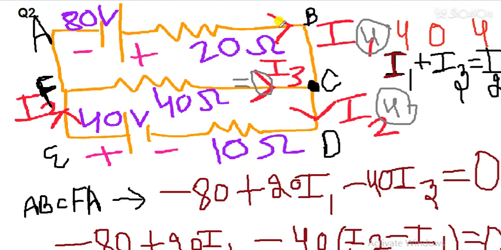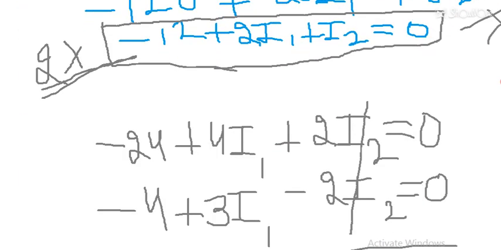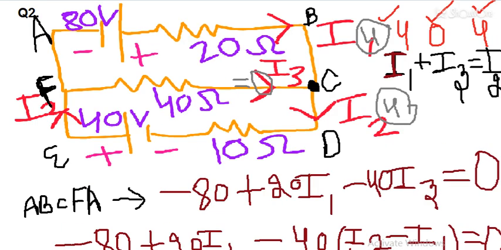So you can watch this question now. I am just pressing Control Z, deleting this, and okay, now you can note it down. I will move the screen. First of all, you have to use KCL at point C or point F. You can use it at any point. I have used it at C. So the I1 current that is coming towards, and the I3 current: I1 plus I3 equal to I2.